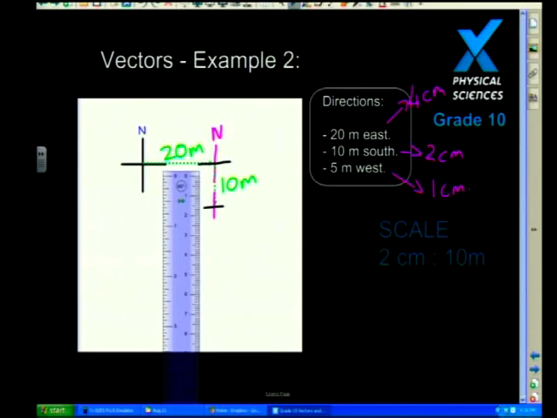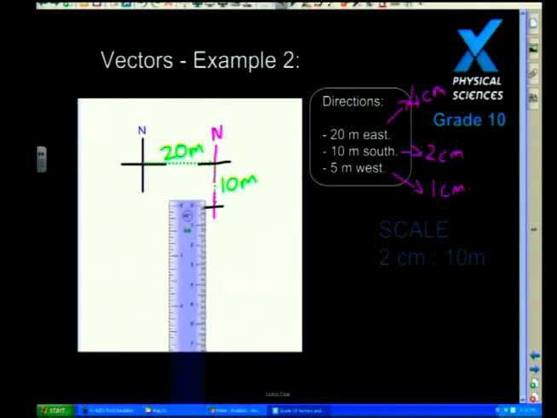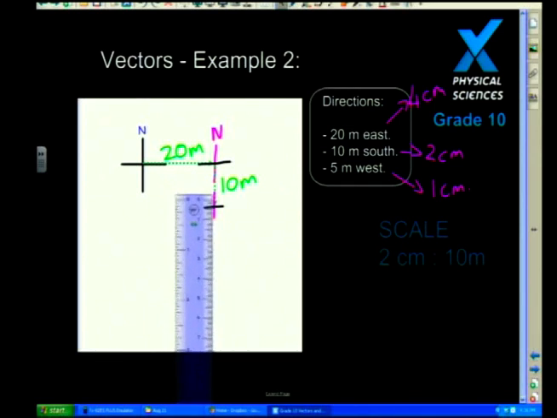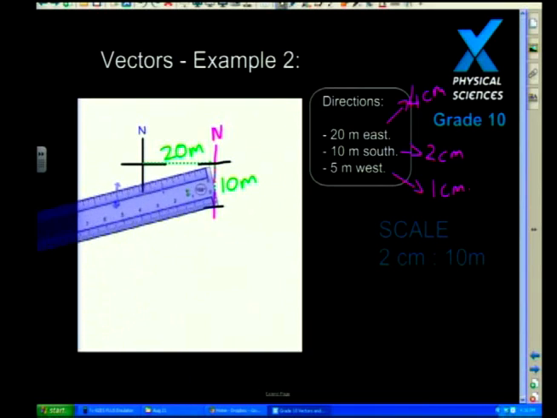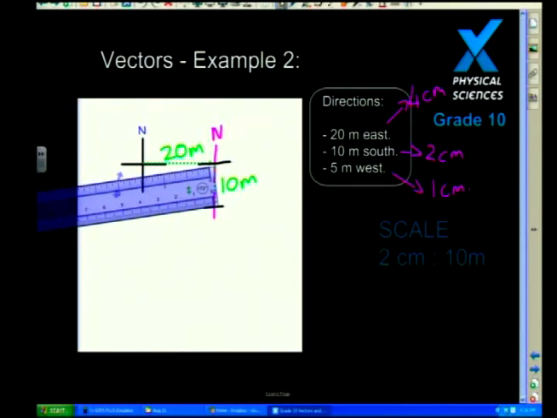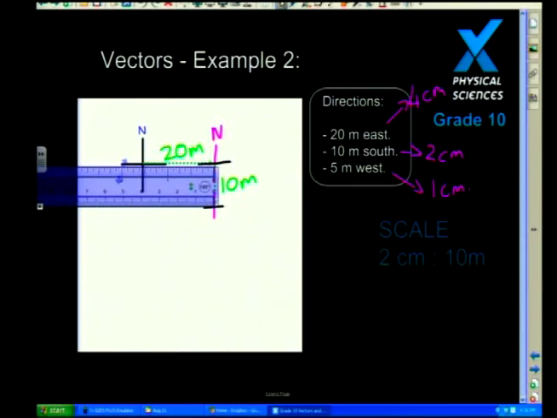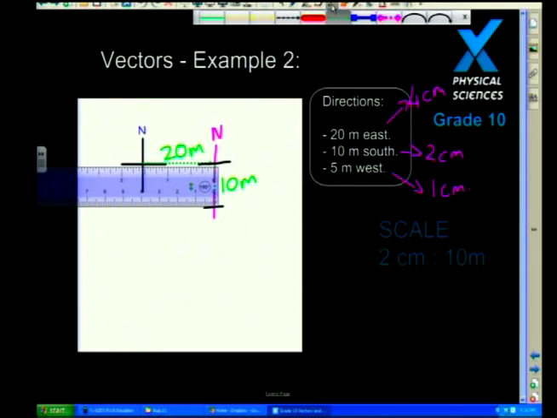So now I'm going to take my ruler and draw in the very, very last one. Let's make sure that we've got our ruler here. There we go, we're going to start at 0 there. I'm going to rotate my ruler around so that I can draw again. Let's put that neatly in the middle. It's not quite there. There we go. Let's rotate, and as soon as it's locked nicely in that direction, I think we are almost there. There we go, and then I can put in my last vector, and that is a 1 centimeter line. So we can start tracing in our 1 centimeter line. Let's make sure we've got the correct one. There we go, a 1 centimeter line.